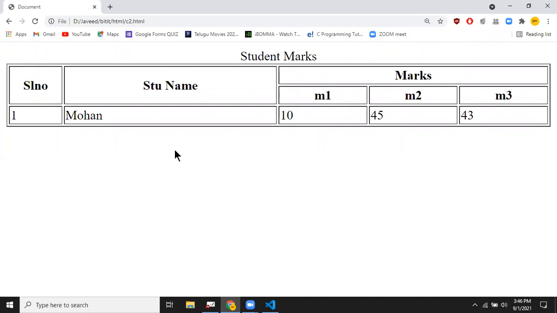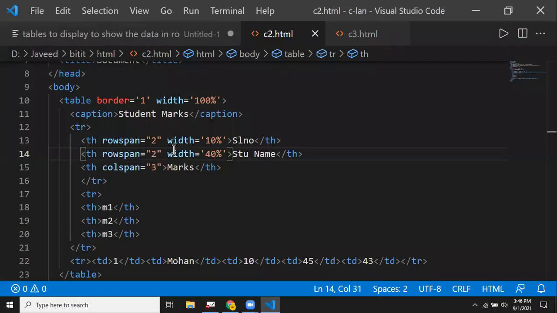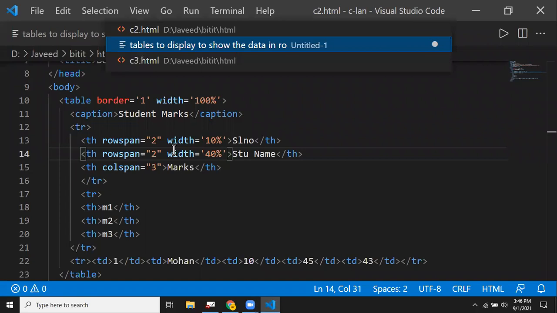Like this, you can specify the width for each and every column, where you define what size it is going to occupy out of the page size. If you are not defining this width, then by default the borders are going to be text fit. Whatever the text is, the borders are going to fit around the text.